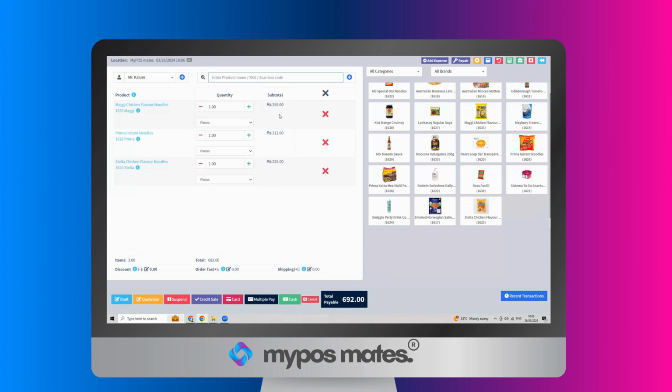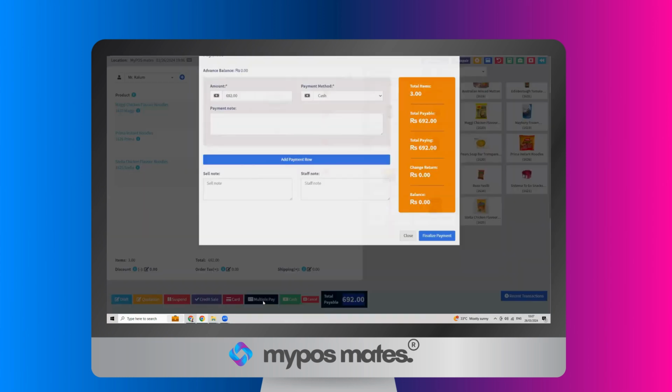The customer doesn't have petty cash with him, so what he's going to do is one cash payment and one card payment for this particular 692 rupees. So let's go for the multi-pay. Next to the cash button you can see multi-pay. At the multi-pay you can see